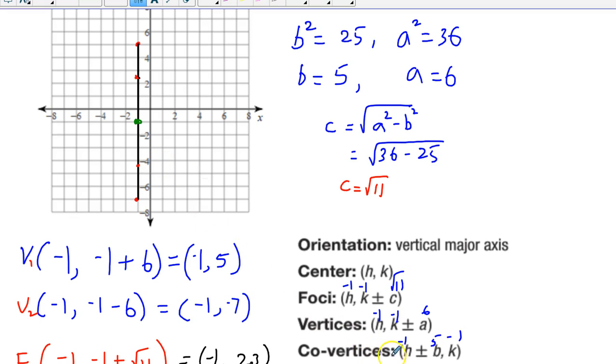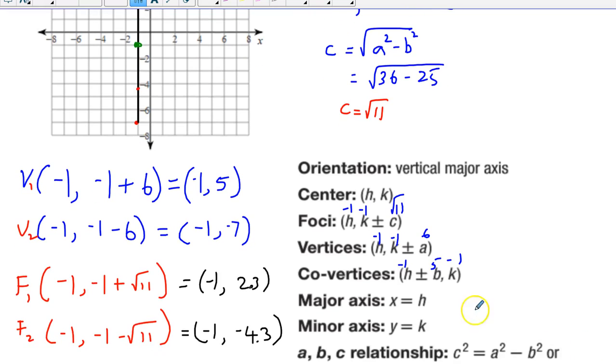And if you find these co-vertices, that will help us to draw this ellipse in a better way, right? Even though you are asked to find only the vertices and the foci, let's go ahead and find these co-vertices also. So for co-vertices, I have h plus b, -1 plus 5, that's the b value you have, and the k value is -1, to give us